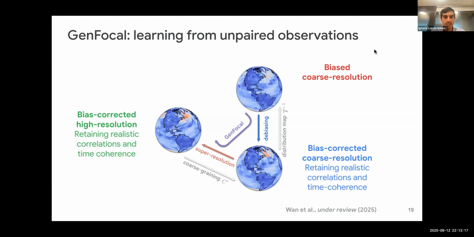So you can see in the schematic here, that would be the top right world view. And we want to get to a point where we have high resolution bias corrected data, and we only have access to, say, historical observations of historical weather, which for this case we're going to take the ERA5 reanalysis for this. And so GenFocal, as shown in the schematic, performs this downscaling